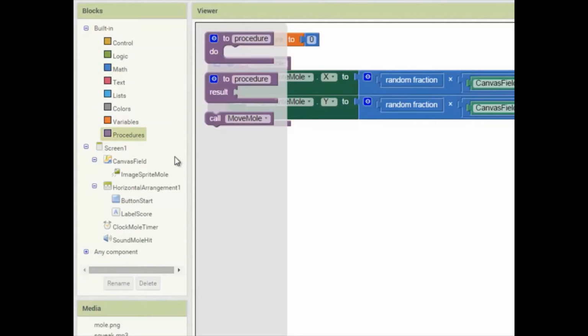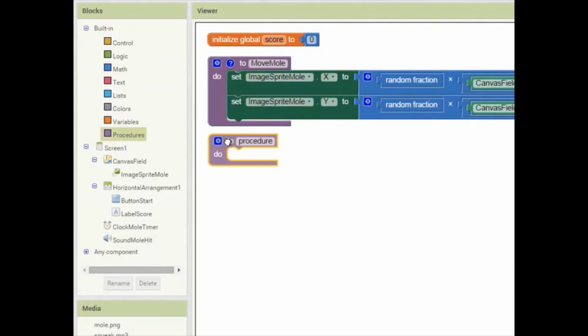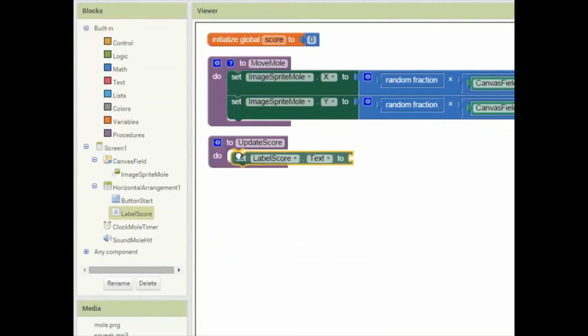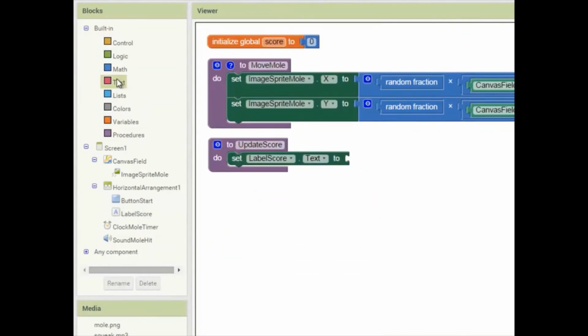Next we're going to create another procedure to update the score. So going into the procedures blocks, drag out a toProcedureDo block, and we're going to call this update score. And every time we update the score, we're going to set the label score text, and going into text, I'm going to join